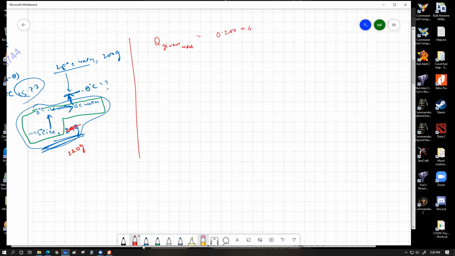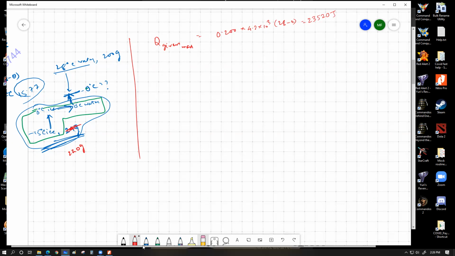0.200 into 4.2 into 10 to the power 3 into 28 minus 0. So if I can calculate that number, this is 23520 joule. This is the maximum amount of heat energy that the hot water can give out before reaching 0 degrees